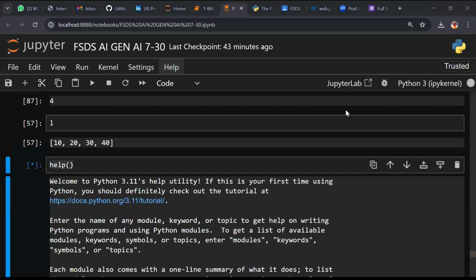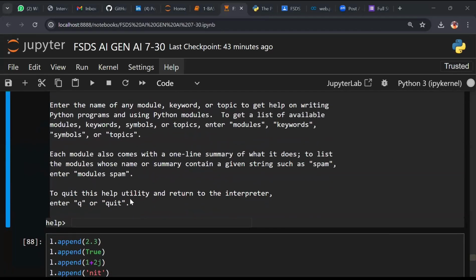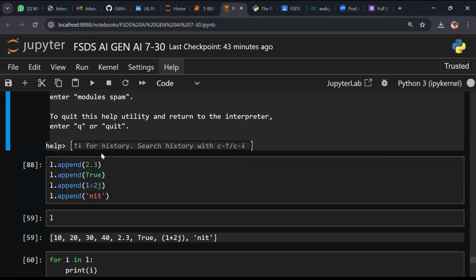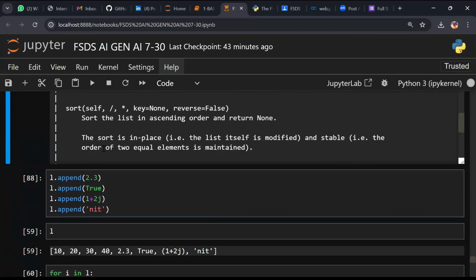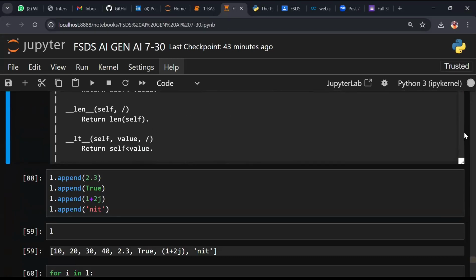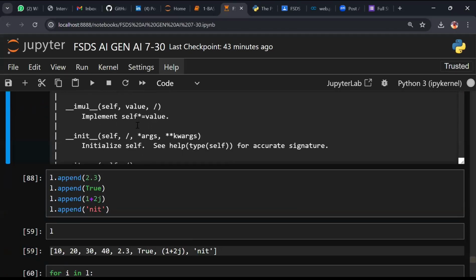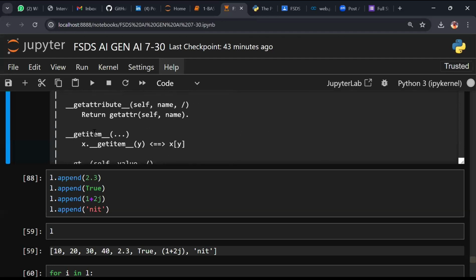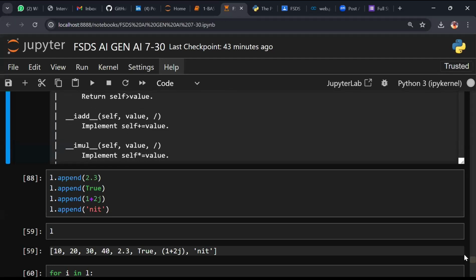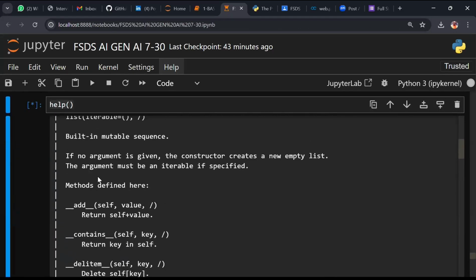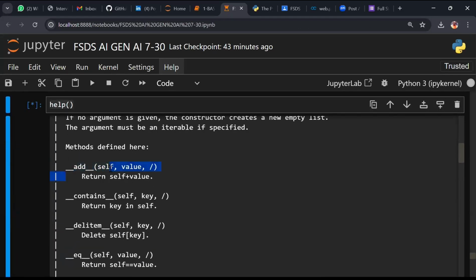Sequence means sequence order for 0 index, 1 index. Okay, Amit? Yeah. So this is sequence. When you click, do you see help options? You get a prompt. You get a prompt or not? In the prompt, enter list. Do you see all the inbuilt class methods given? Do you see what functions are here? Length function or not? If you see, go up a little. And if you check the add function, I told you the add method or not? What is the add method? Internally, the system calls the add method. They are magic methods in Python.